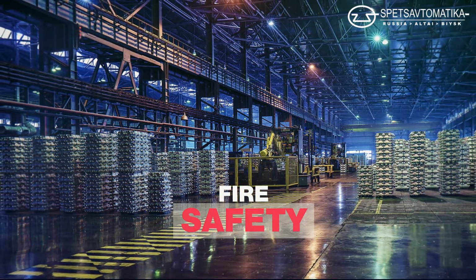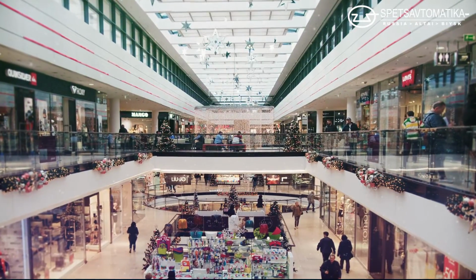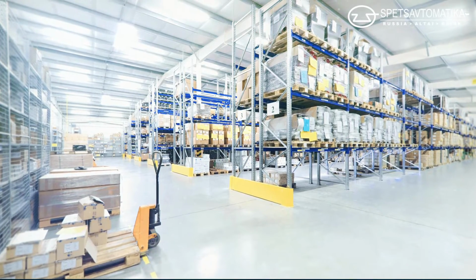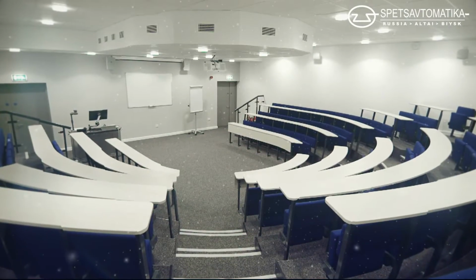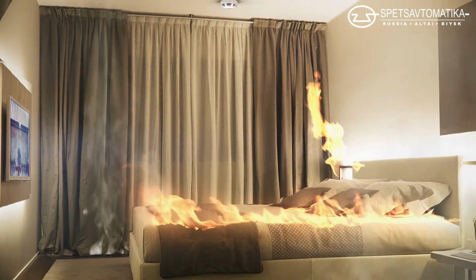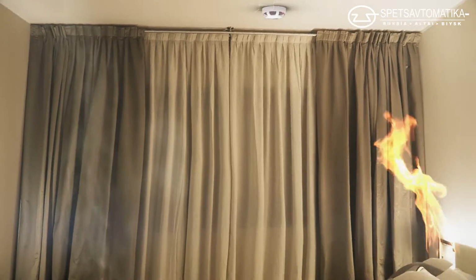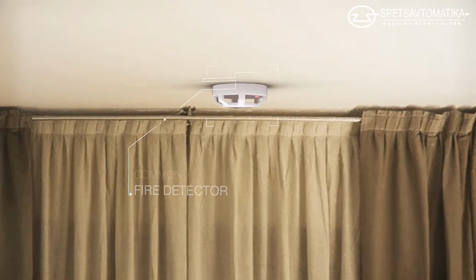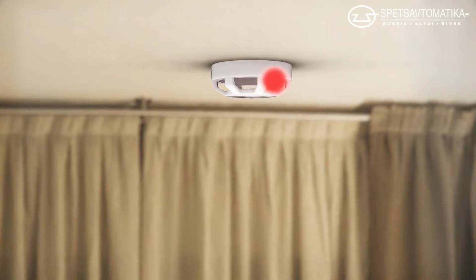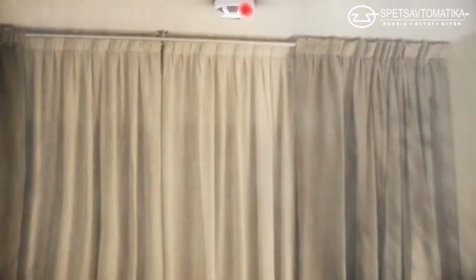Fire safety is an important aspect in a person's daily life. Each of us who is at work, study, home or elsewhere wants to be protected from external threats, especially from fire. Timely detection of fire is one of the tasks that must be solved by the automatic fire extinguishing system. The earlier the fire source will be detected, the less will be material damage and harm to life and health